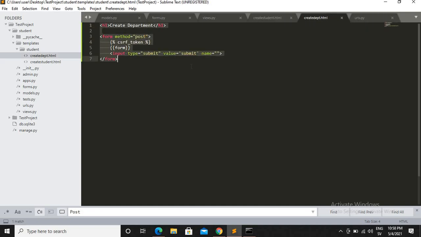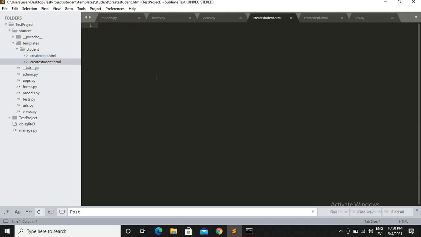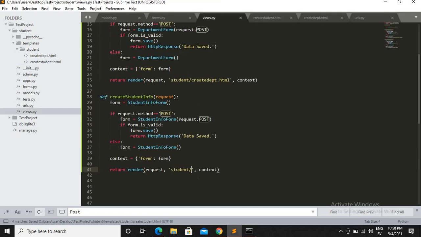then just copy the create department file content and paste it here and change a little bit, student info, everything should be the same otherwise, and then just put here the HTML file name create student.html, okay,